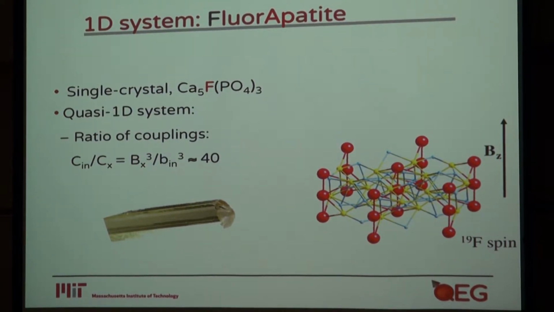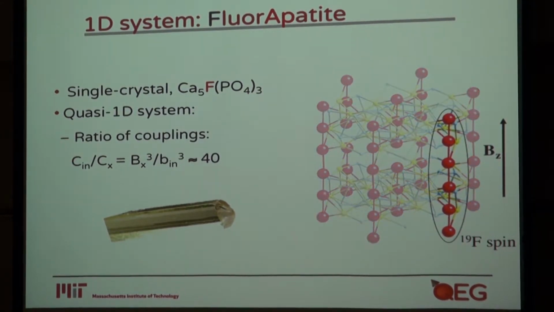your magnet. And the nice thing about this particular crystal is that it has a lattice structure in which you have a hexagonal lattice, and then if you consider a few lattice structures on top of each other, you see emerging these linear chains of spins which are packed close together with respect to the distance to the next chain. And because the coupling goes as, I think this is not supposed to be B, but the distance cubed between the spins, what we have is that the coupling inside the chain to the coupling outside the chain is about a factor of 40. So to all effects, when we drive our system, we really see a one-dimensional dynamics